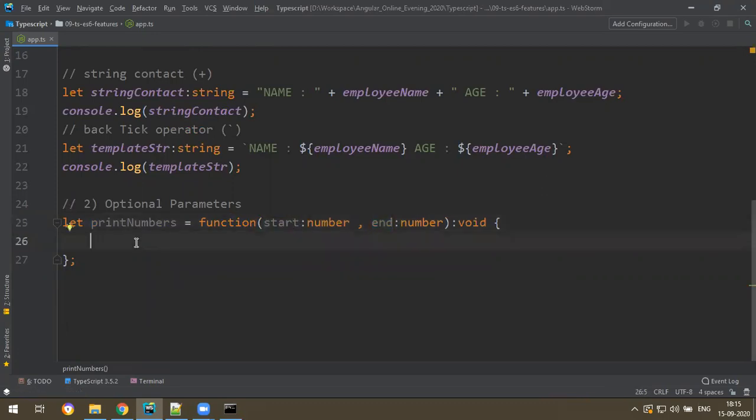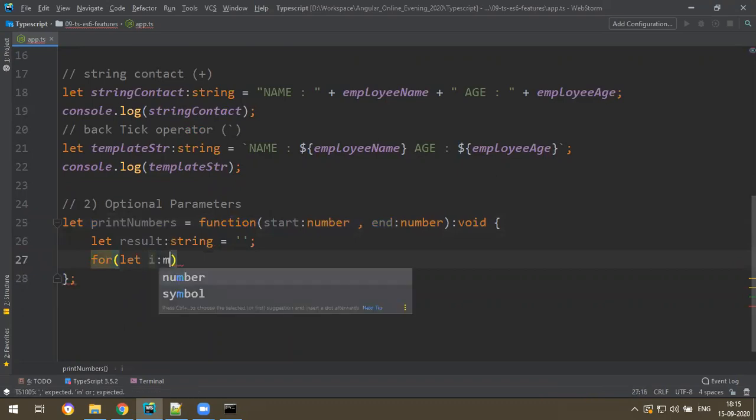Let's take a result of type string, equal to an empty string. What I write is for let i of type number equal to start.